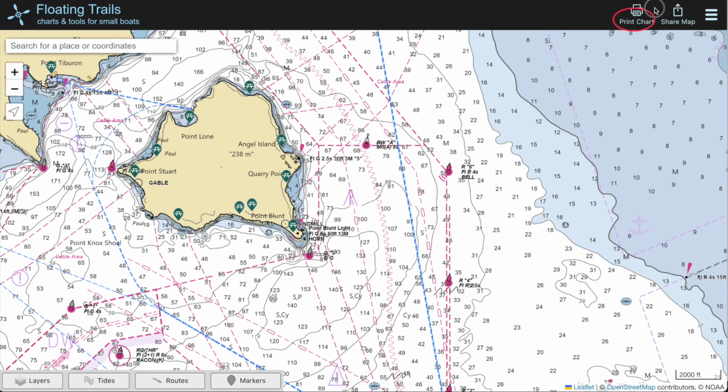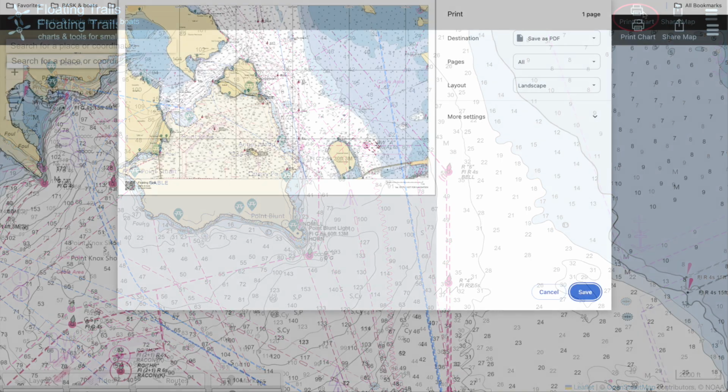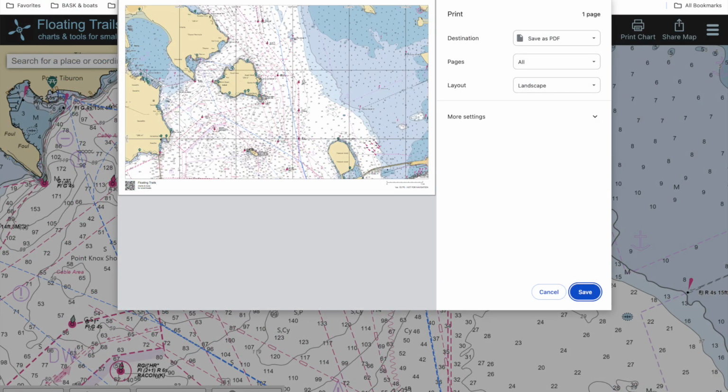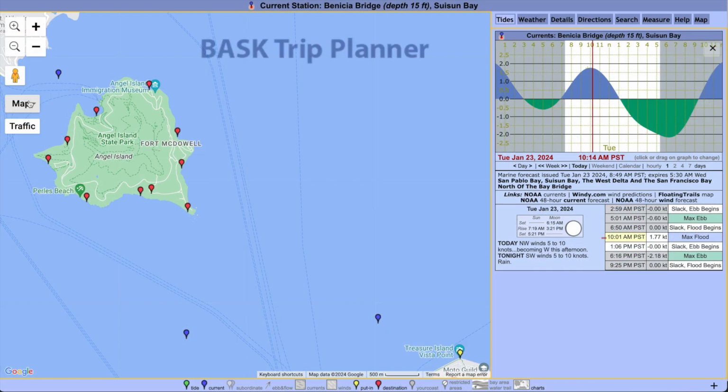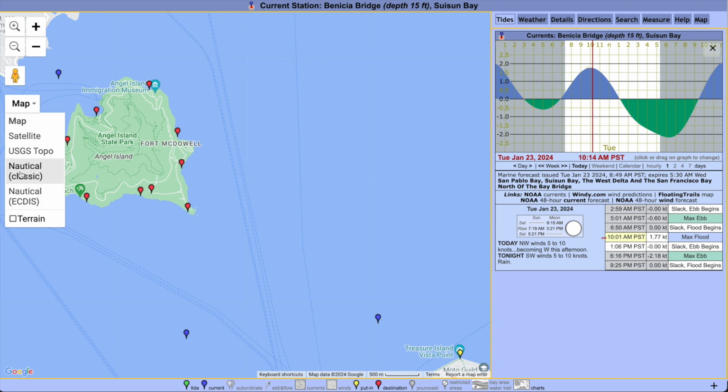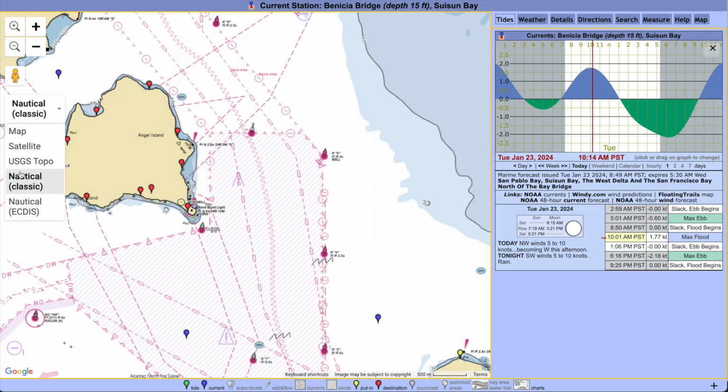And finally, Floating Trails lets you make a custom PDF from any chart or map layer, and it allows you to share map views. Here's the trip planner. These two map layers give two flavors of NOAA's electronic charts. This classic one is easier on the eyes than the other version, but it lacks sounding numbers, so it isn't